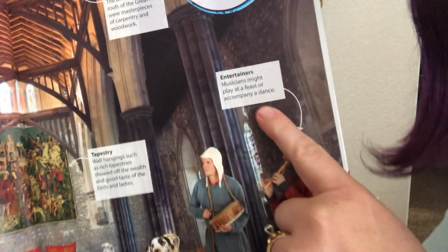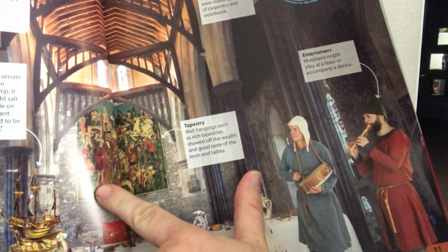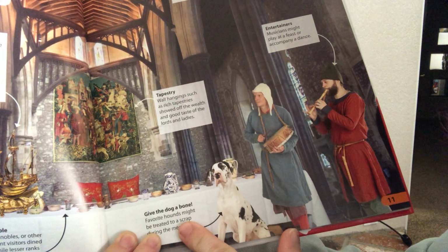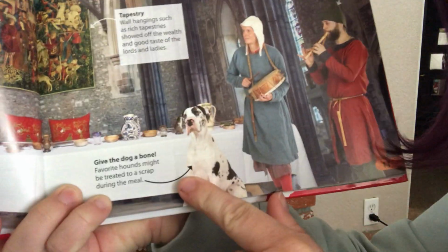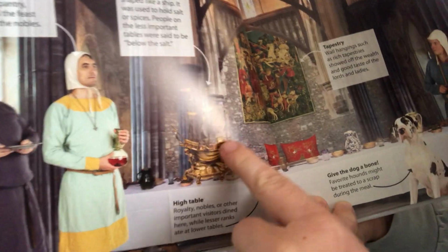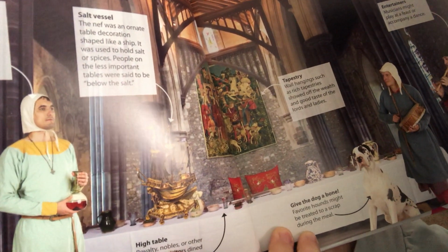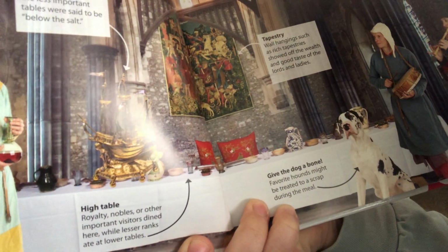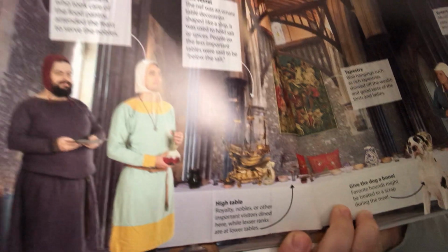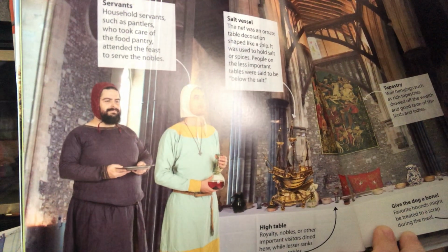See, this is the entertainment, the musicians, tapestry, wall hangings. Give a dog a bone. Favorite hounds might be treated to a scrap during the meal. Salt vessel. Interesting. High table. That's where royalty, nobles, or other important visitors dined. And then servants who took care of the food pantry and attended the